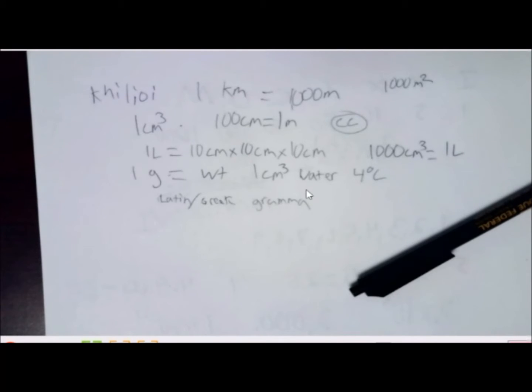Now, there's kind of some silly stories involved with this, though. Despite these good intentions on the meter, you actually still have to have a physical standard. You can't just go up and measure 1/10,000,000th of the Earth whenever you want to measure a distance. We need a simple standard we can measure all of our rulers against so we can know whether a ruler is printed accurately. So they cut a platinum bar as best as they could to be exactly a